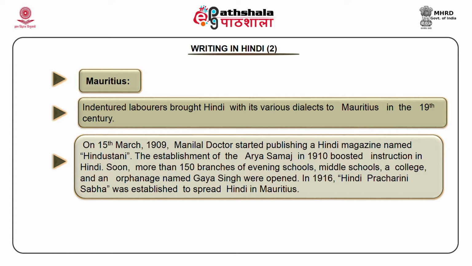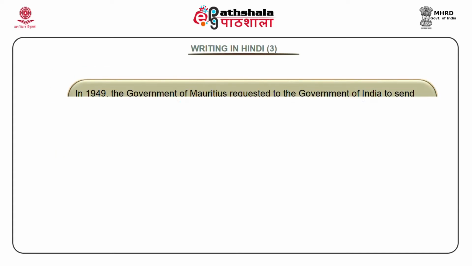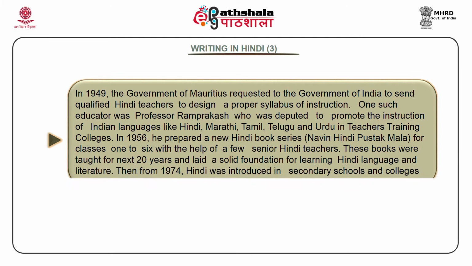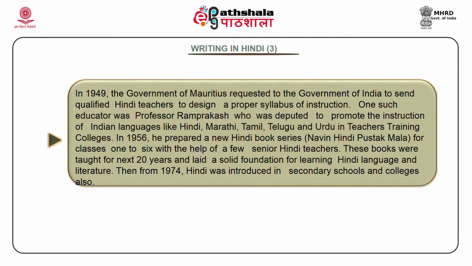The establishment of the Arya Samaj in 1910 boosted instruction in Hindi. Soon more than 150 branches of evening schools, middle schools, a college and an orphanage named Gaya Singh were opened. In 1960, Hindi Pracharani Sabha was established to spread Hindi in Mauritius. In 1949, the government of Mauritius requested the government of India to send qualified Hindi teachers to design a proper